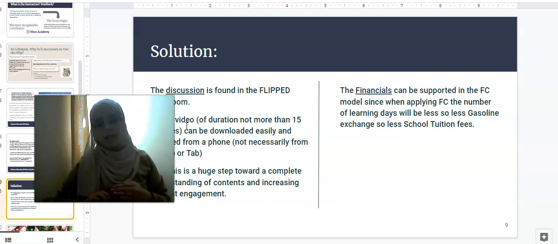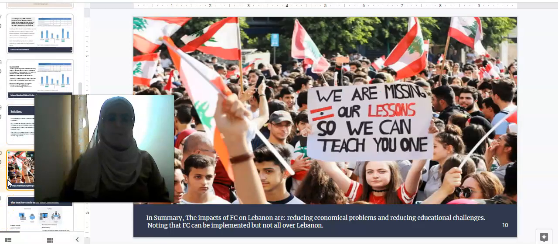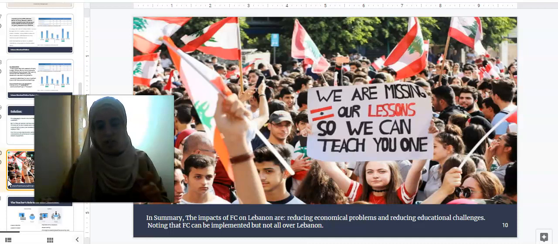The flipped classroom will decrease the fees because learning days will be fewer, so less gasoline and less school fees. In summary, the impacts of the flipped classroom in Lebanon are reducing economic problems and reducing educational challenges. For that, in summary, the flipped classroom can be implemented but not